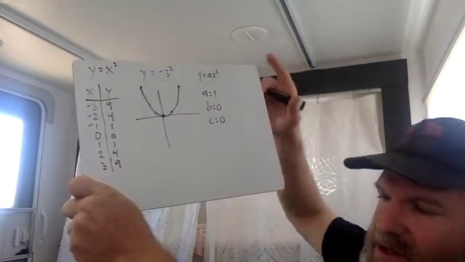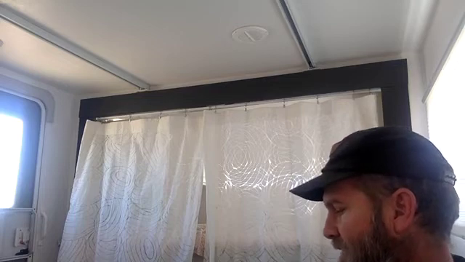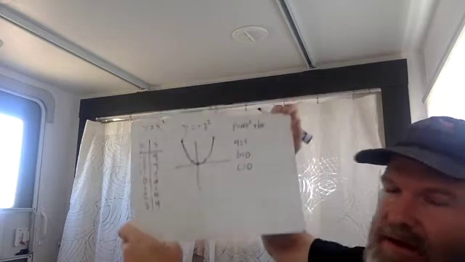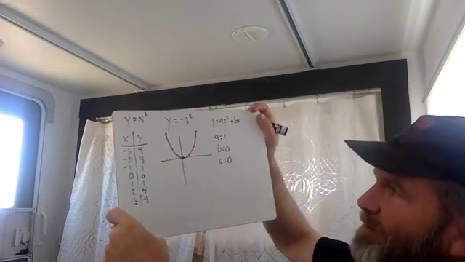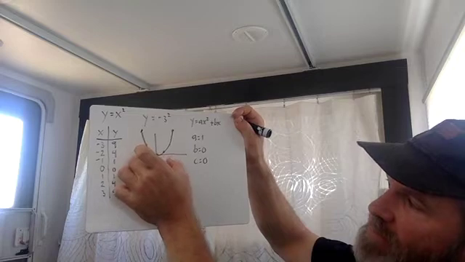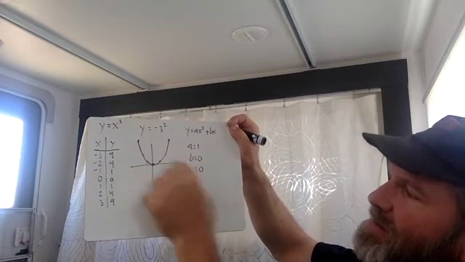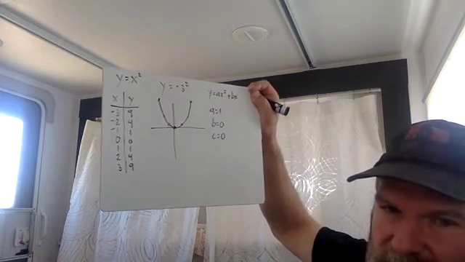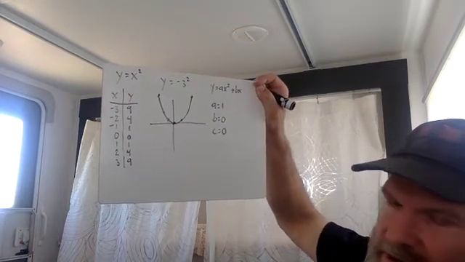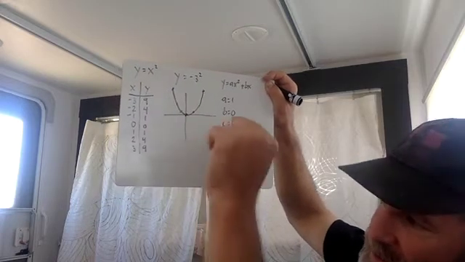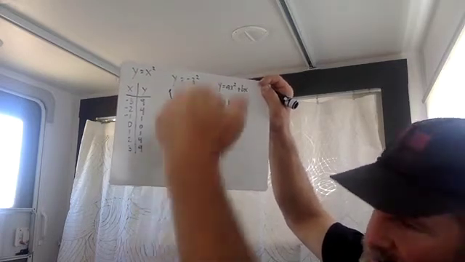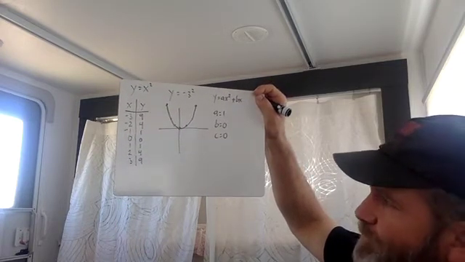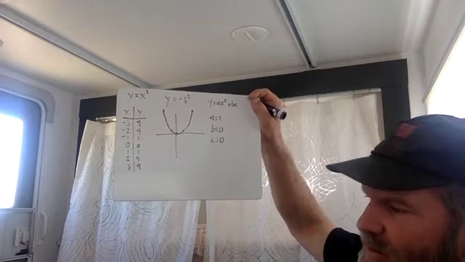But if we put a b term in there, say we have plus bx, so we add in our bx. If b is a negative number, then the graph is going to shift to the right. If b is a positive number, the graph is going to shift to the left. Now, Desmos.com, the graphing calculator app, is really good for illustrating this. If you go to that website and you click on the little 3 lines in the top left-hand corner, a menu will drop down, and you scroll down to Parabola, click on Parabola,